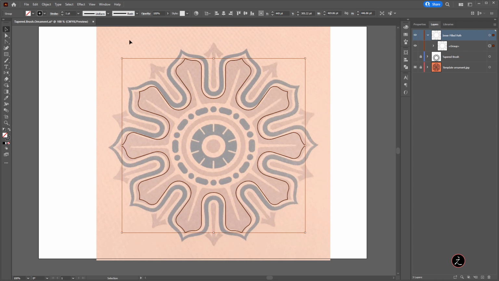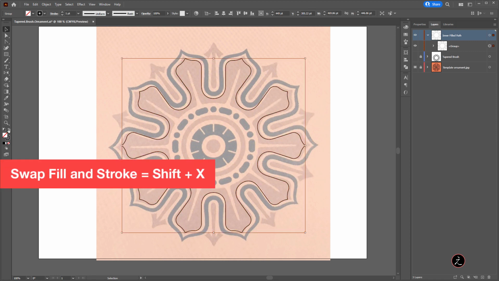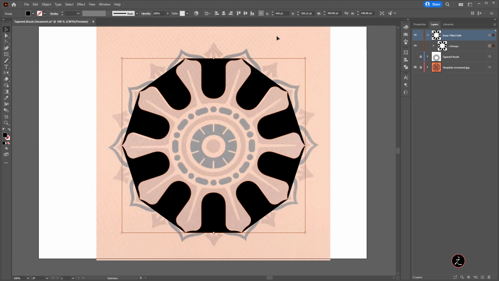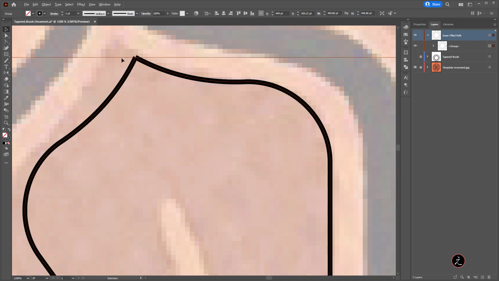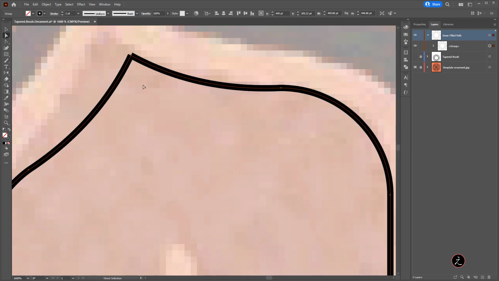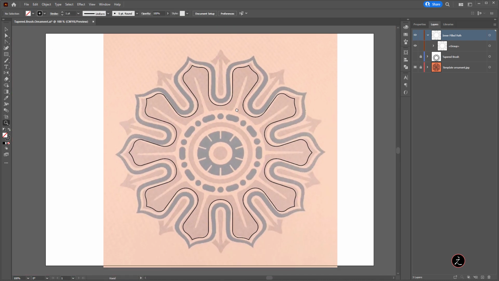So the next logical step is to select all this, and instead of a stroke, we're going to have a fill. But then we do run into this issue, and that is because all of these paths are actually individual paths. Let me go back and switch to the stroke here. Let me go ahead and zoom in. I'm going to show you. You see, these are not connected. They're not joined. So what we need to do is join those.